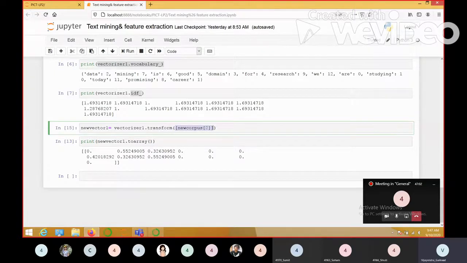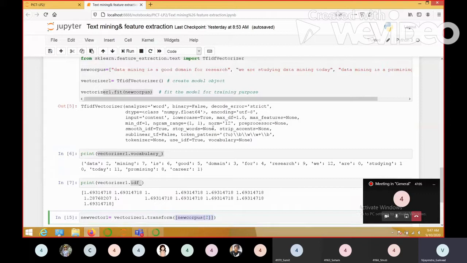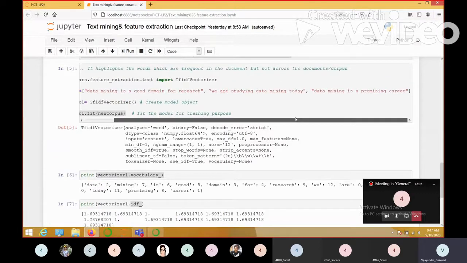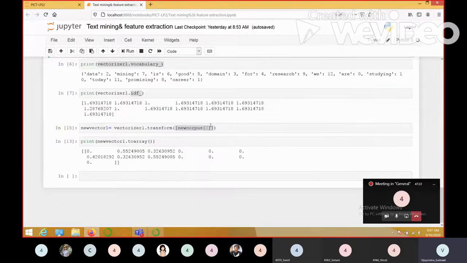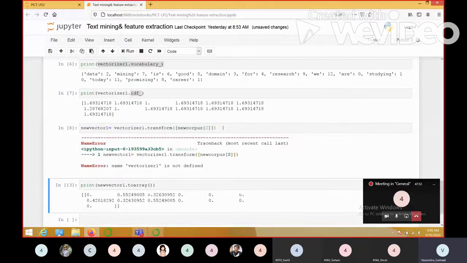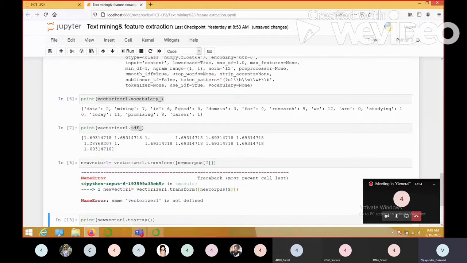Now we are considering the third document from our corpus as our test document. Ideally, there should be a different document altogether which was not part of training, but it is fine. For demonstration, I have used the same third document. You can see the index as 2 from the new corpus.